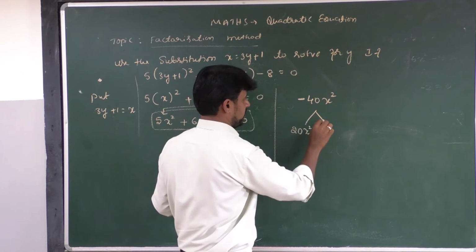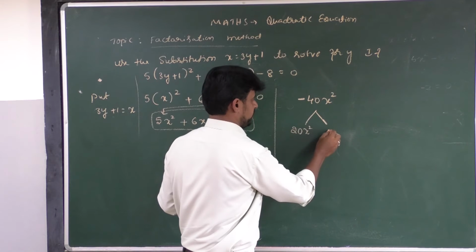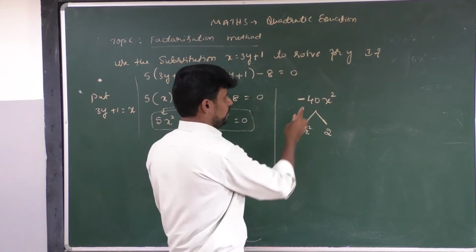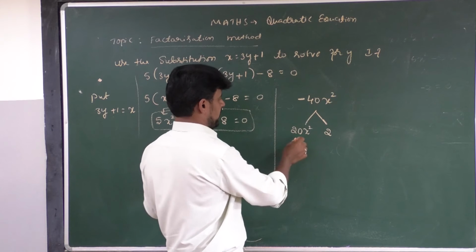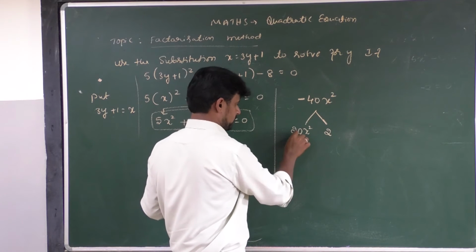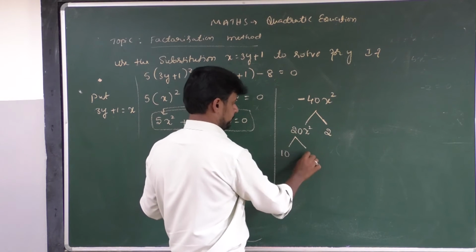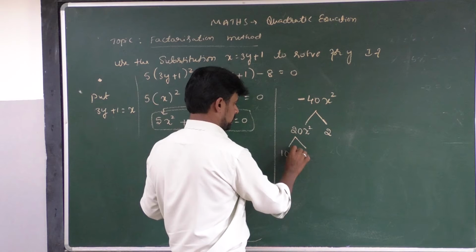20x square. 22s are 40x square. Okay, you will get 40x square. Then again, what is half of 20? Half of 20 is 10. 10 2s are